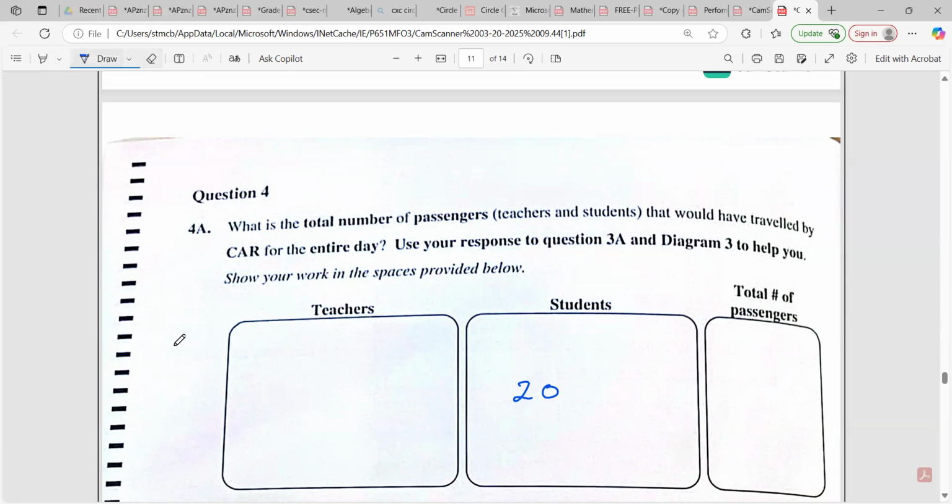These are the fully loaded trips, right? I just need some space. All right, so this would have been 20, right? And they told us that each trip the car is going to carry 1 teacher, 3 students, right? That's a car. So the number of teachers,